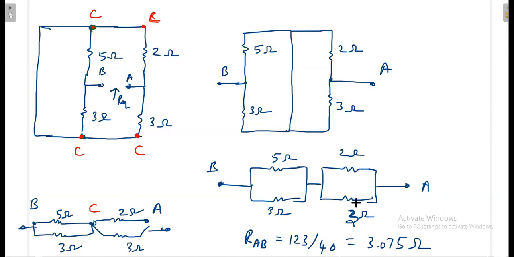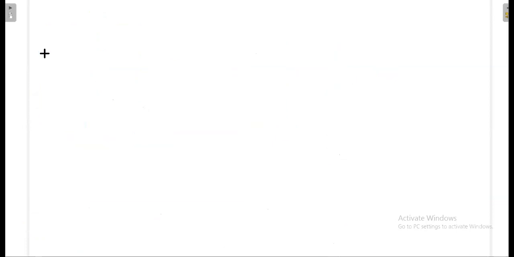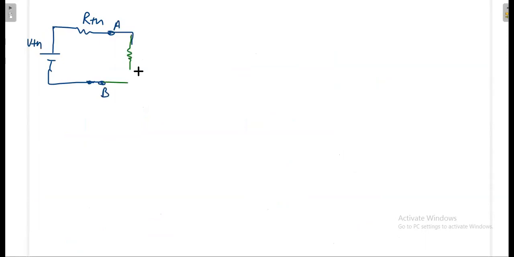Now I know what is Thevenin voltage and I know what is Thevenin resistance. Then I will directly connect the load. What is Thevenin's theorem telling? You find out V Thevenin, you find out R Thevenin. The entire network is replaced by R Thevenin and V Thevenin. Then what is left with you is the load element, and that load element you can now connect. That is the Thevenin's theorem concept.